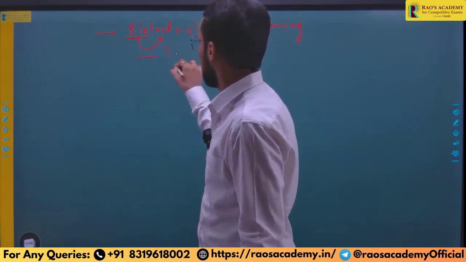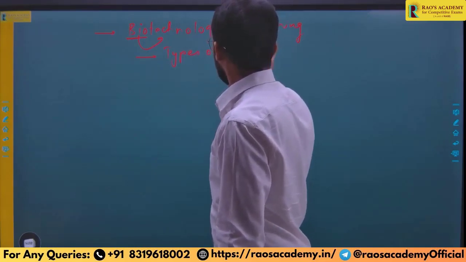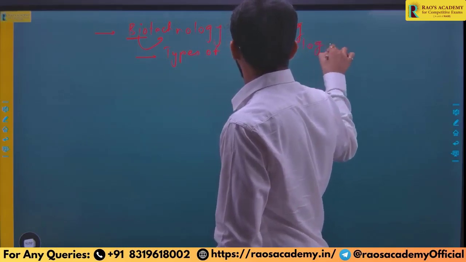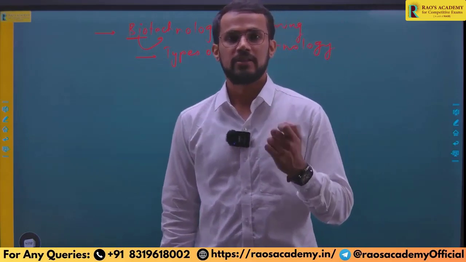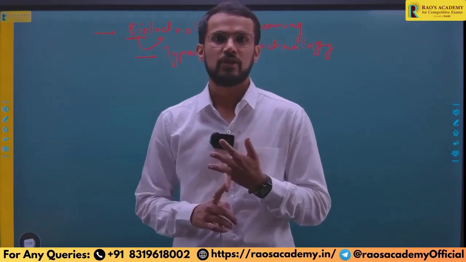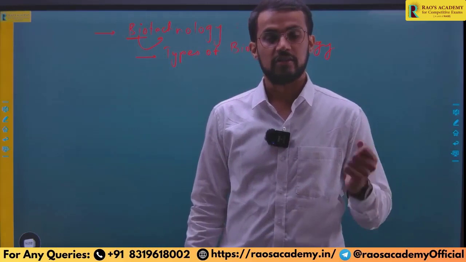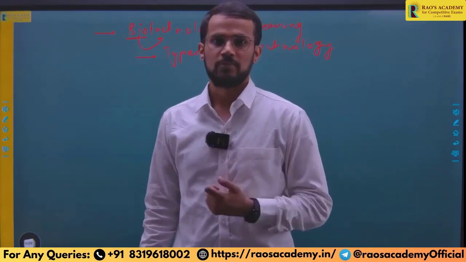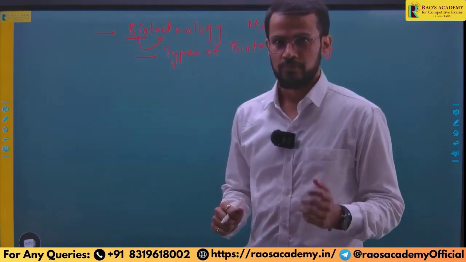Then there are a number of types of biotechnology based on their color code, right? Based on the application of biotechnology in different sectors, biotechnology has been classified into a number of types based on colors. For example, green biotechnology. What is green biotechnology? It is the use of biotechnology in the agriculture sector. Then red biotechnology, the use of biotechnology in the medical or pharmaceutical sector. That way there are a number of types. You should be aware of those types as well, right?